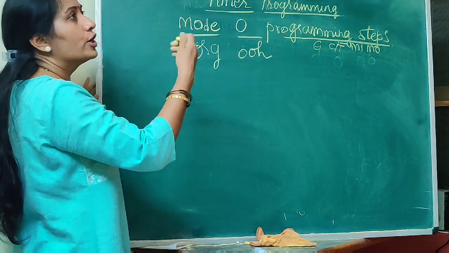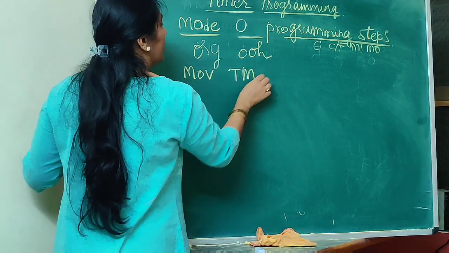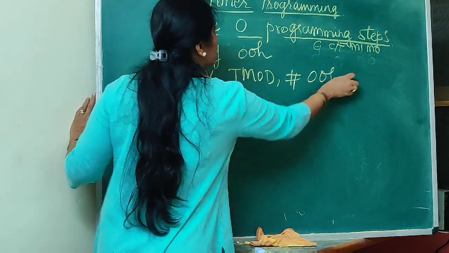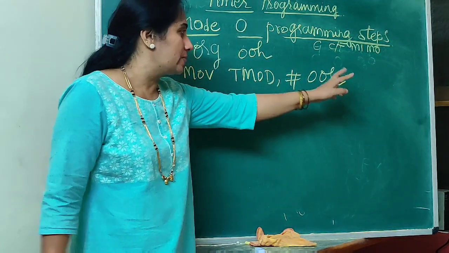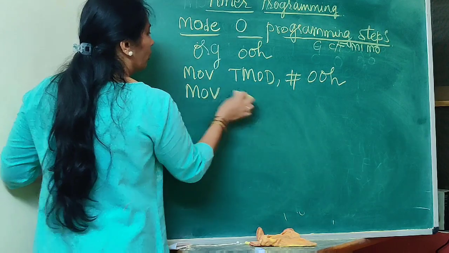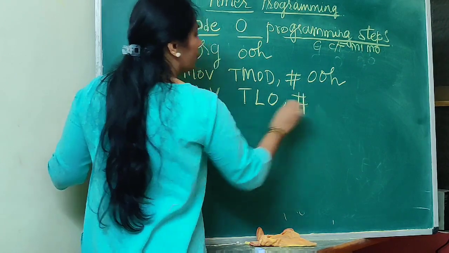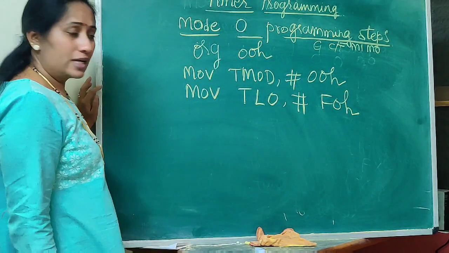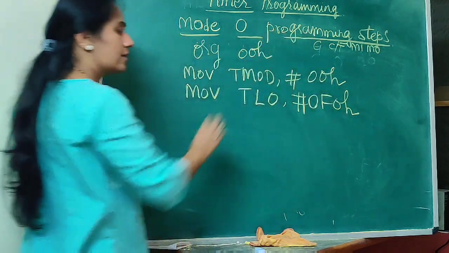So what is the first step? You have to load the TMOD register. So the very first step: MOV TMOD, #00H. It all depends. How 00? I have just explained in the previous one. Move TMOD with 00, and then I am going to load, let me take timer 0, TL0 with a value, say for example F0 hex. Since the number begins with an alphabet, I have to precede it with a 0.